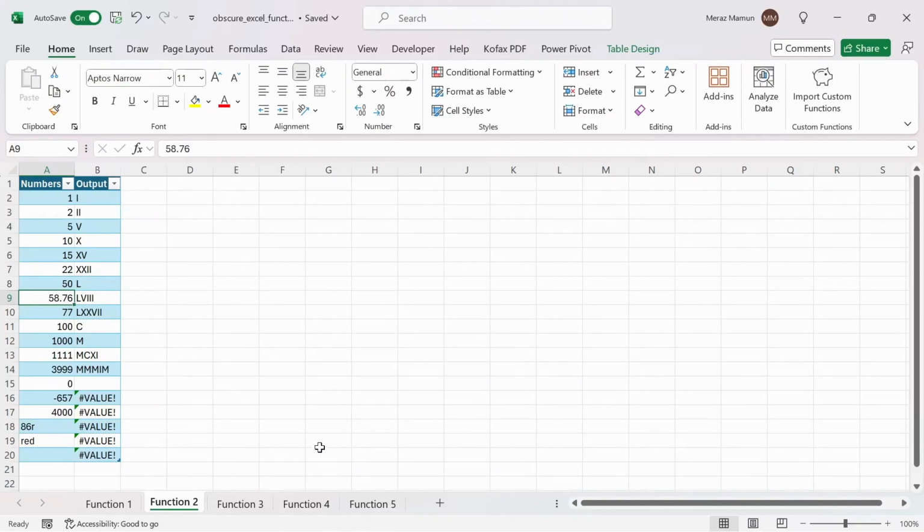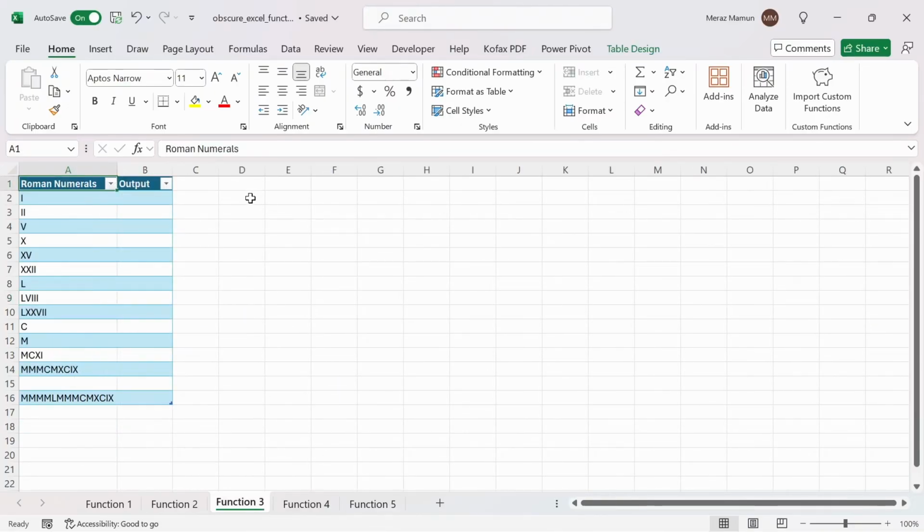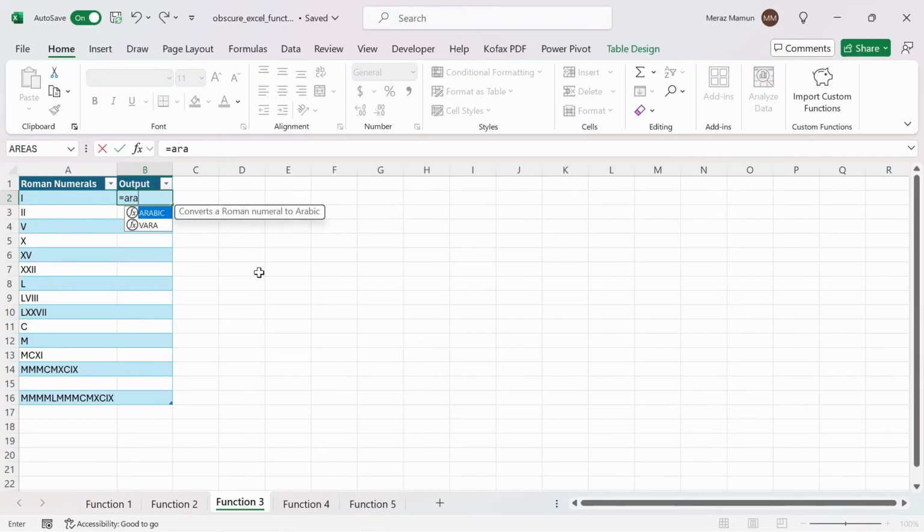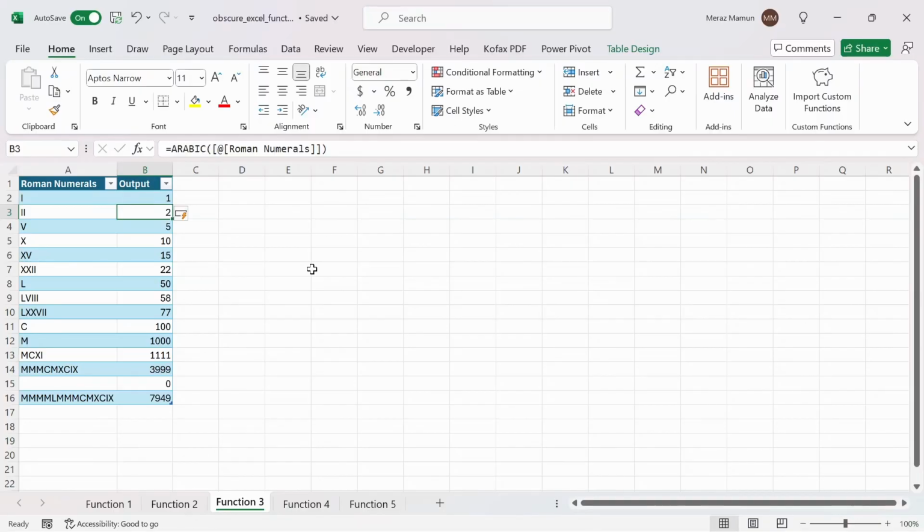The reverse of the Roman function is the Arabic function. This function basically returns the number from a Roman numeral. So in cell B2, I'm going to type out equals Arabic, and we have the description: converts a Roman numeral to Arabic. Press tab, and it's only one argument this time, the text. So I'm just going to reference the Roman numeral here and press enter, and we get back all the numbers